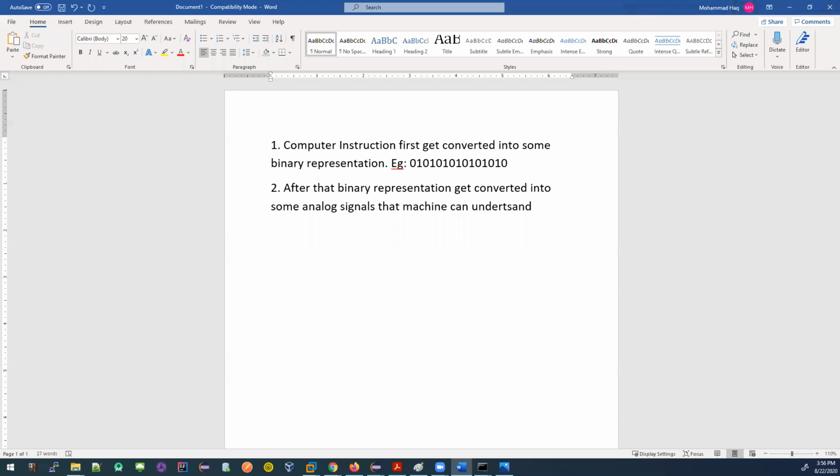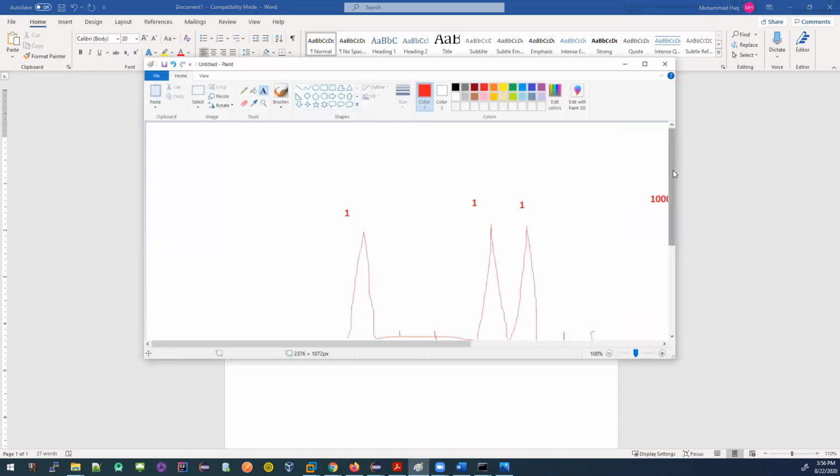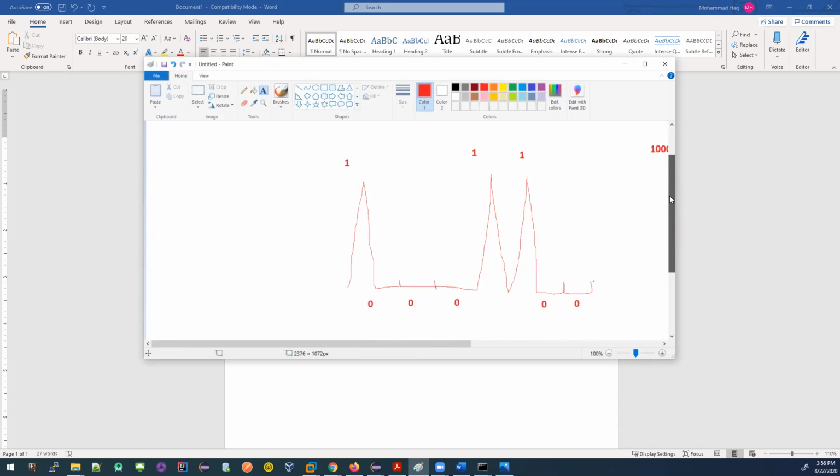Why do I say analog and not digital signal? This is analog because the representation is an electronic pulse. Can you say electronic pulses are digital?